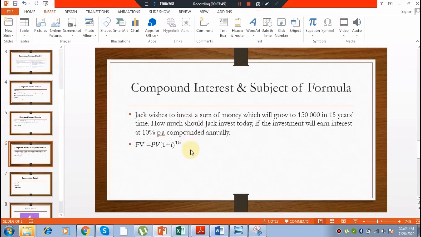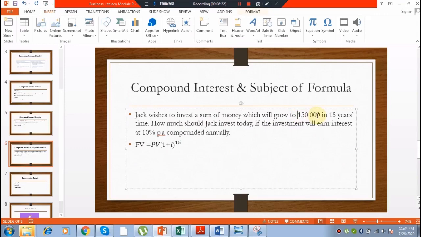It's not difficult, but it's just a matter of changing the subject of the formula. So here in this case, we are told that Jack wishes to invest a sum of money which will grow to 150,000 in 15 years. In 15 years' time, how much should Jack invest today if the investment will earn interest at 10% per annum, compounded annually again? So here is somewhat difficult. We are told that it is going to grow